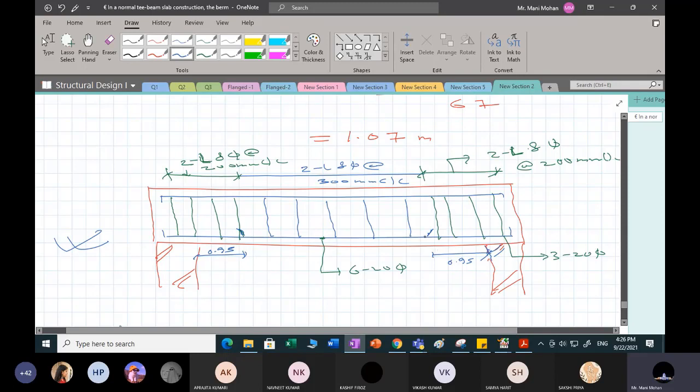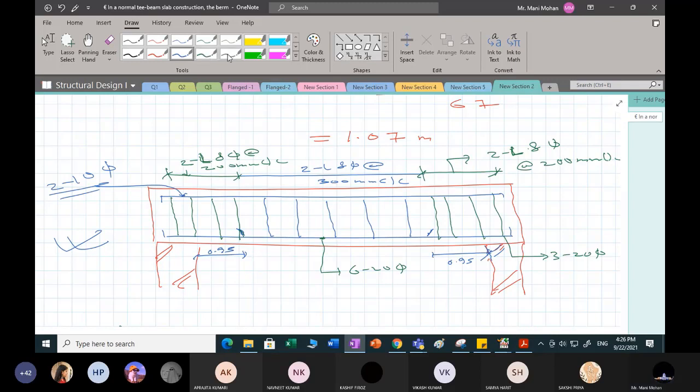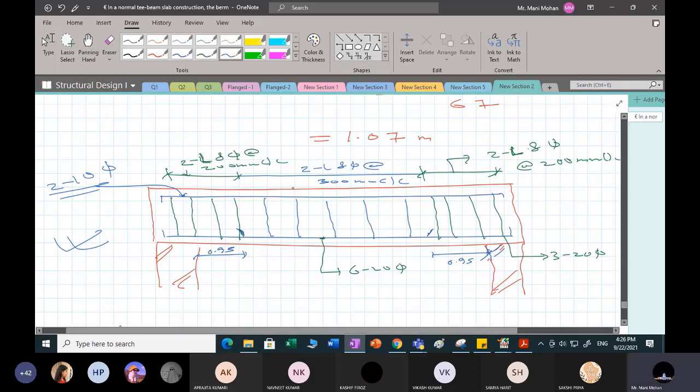It gives you the position where you are curtailing the bar, and an idea regarding what your main reinforcement should be. And you can specify nominal hanger bars, because the role of the hanger bar is just to support the stirrup. So I can provide this as, say, 2-10 dia bar. And if someone asks you to make a section, you can do that also, because you should be in a position to make the section.